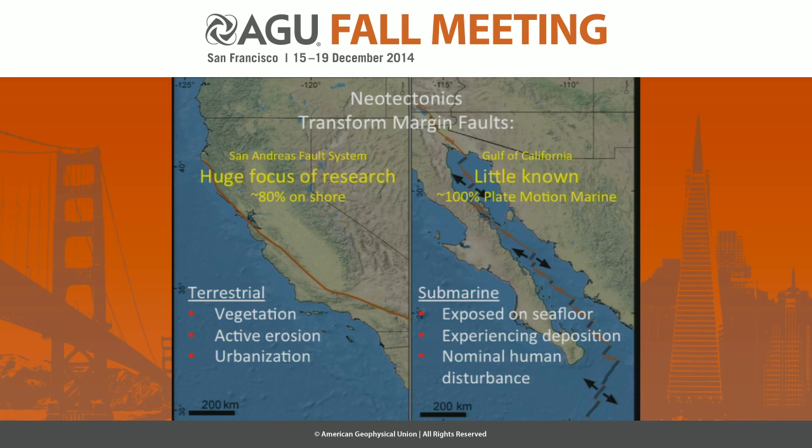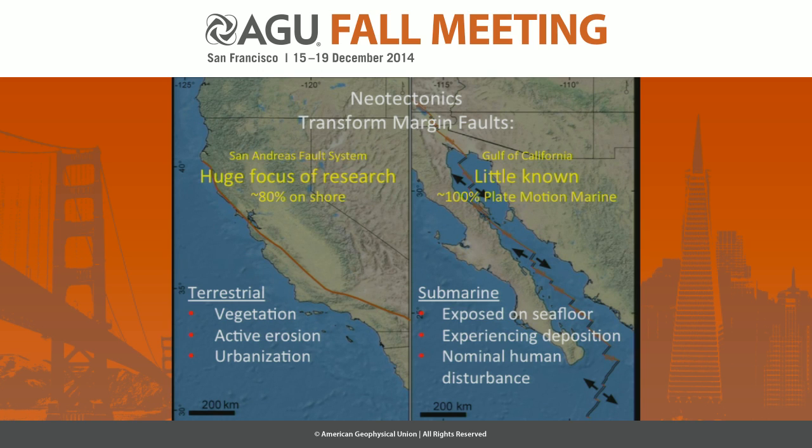But there are a number of problems with studying neotectonics on land: you've got vegetation, which covers things up, there's active erosion, and there are whole issues of urbanization that basically have screwed up the landscape before we come around to study it. On the other hand, in the submarine example, deformation is still exposed on the seafloor. It's experiencing deposition, which allows you to date things, and there is nominal human disturbance yet on most of the